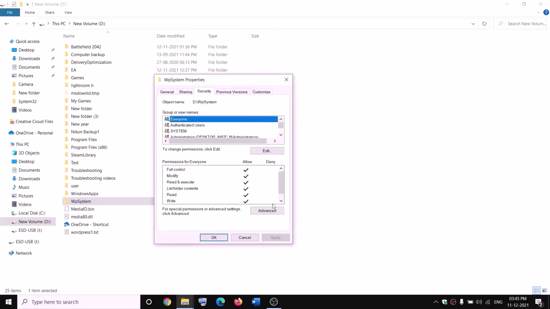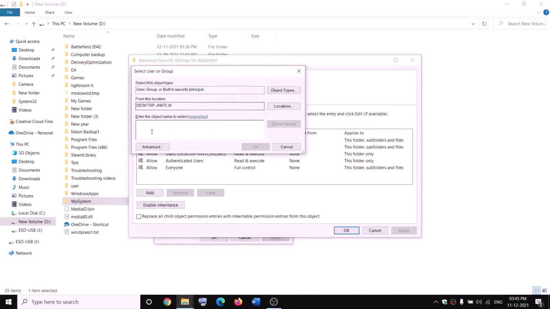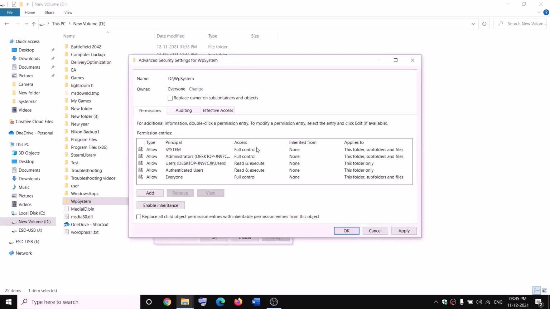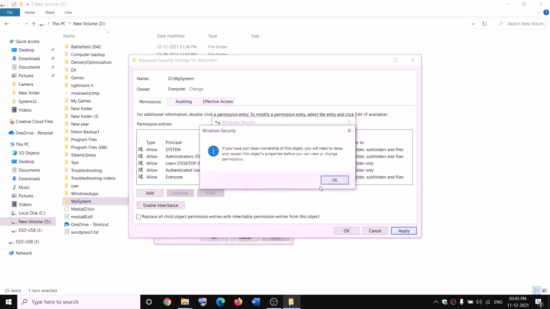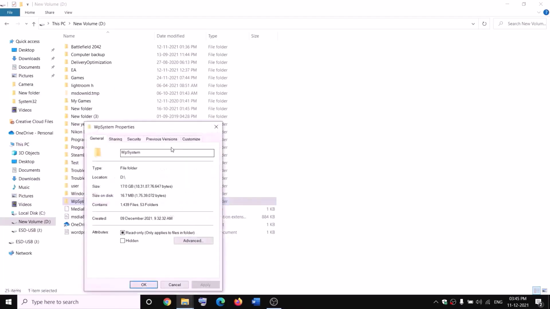So go to Security tab and then click on Advanced. Now click on Change over here and then type in Everyone over here, Everyone, and then click on Check Names, then click on OK. Now put a check on the box which says Replace owner on subcontainers and objects, and then click on Apply, OK, OK, OK, and then again right click on WpSystem folder,